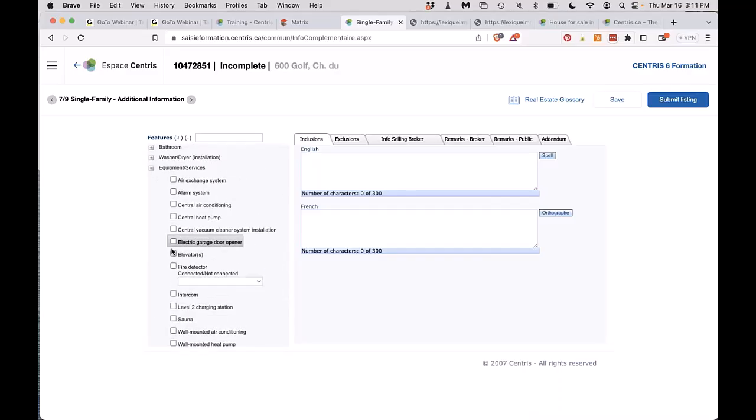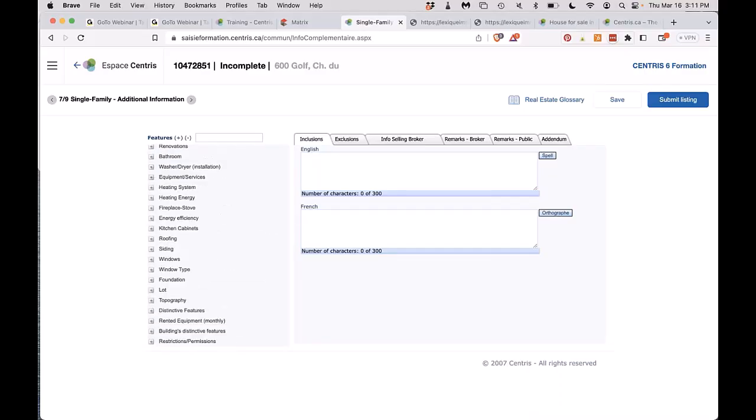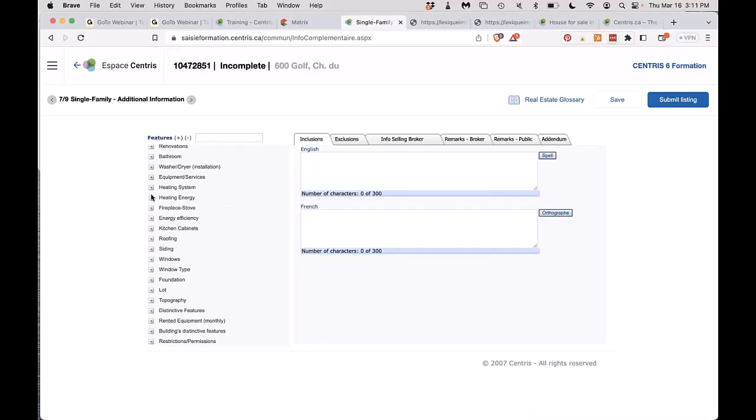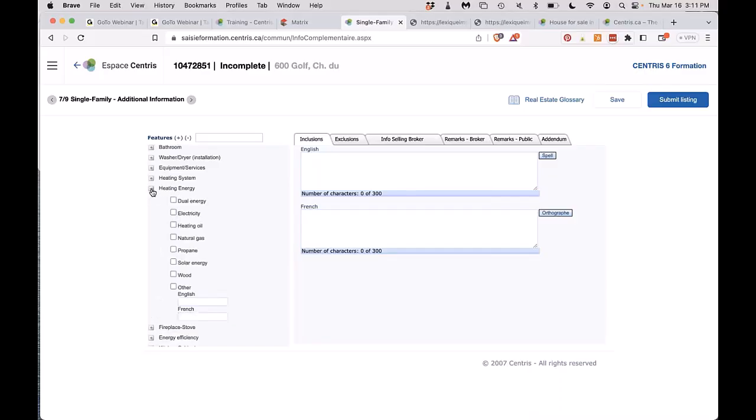Equipment and services, so is there central air conditioning, sauna, wall-mounted heat pump? All of this is very important. Elevator, it might be obvious to you, you're doing a condo and you're saying it's on the 5th floor, so for you it's obvious that there is an elevator, but for other brokers it might not be obvious at all. So make sure to tick that box. Heating system, heating energy, fireplace,